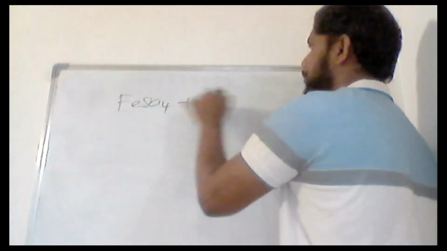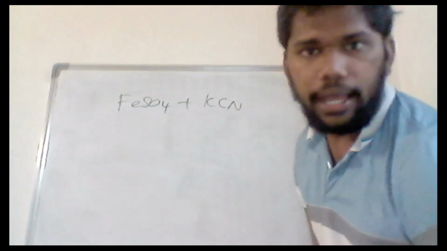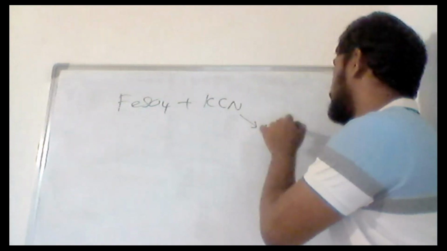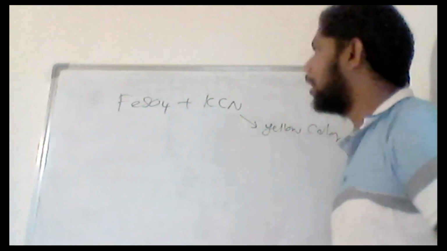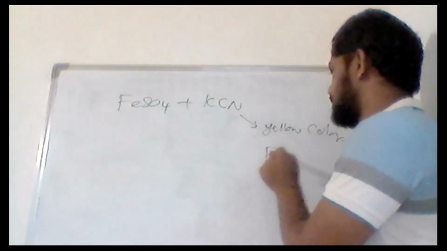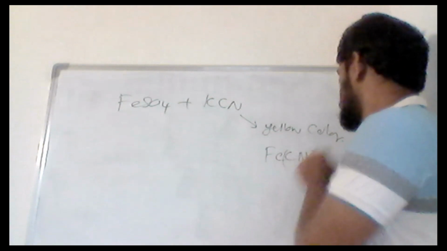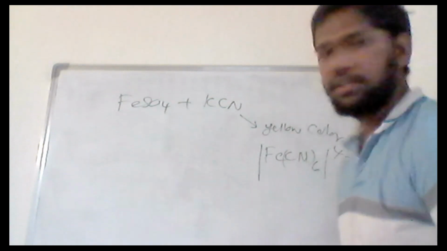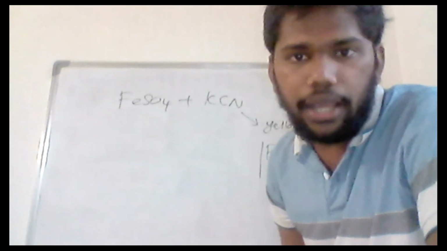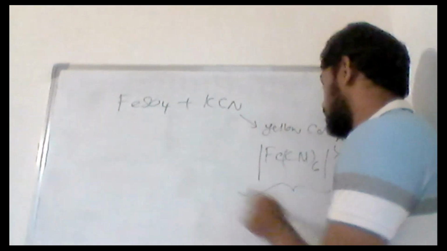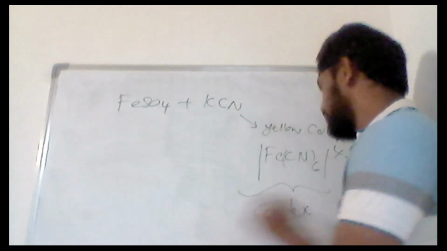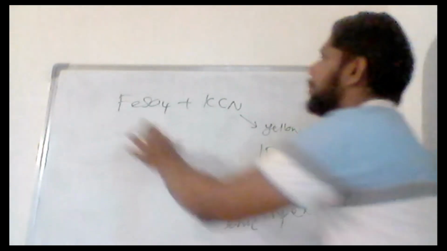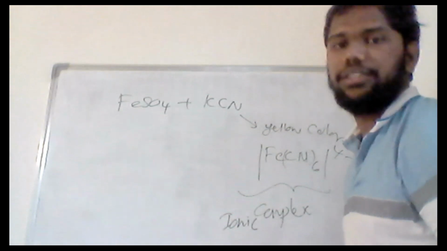First two questions are very straightforward and simple. So the second thing is we have FeSO4 and you need to react with KCN and it gave a yellow color. If you can remember the reaction with Fe, basically [Fe(CN)6]4- is an octahedral ionic complex. So if you remember about Fe2+ reacting with CN-, if you remember your D block chemistry,